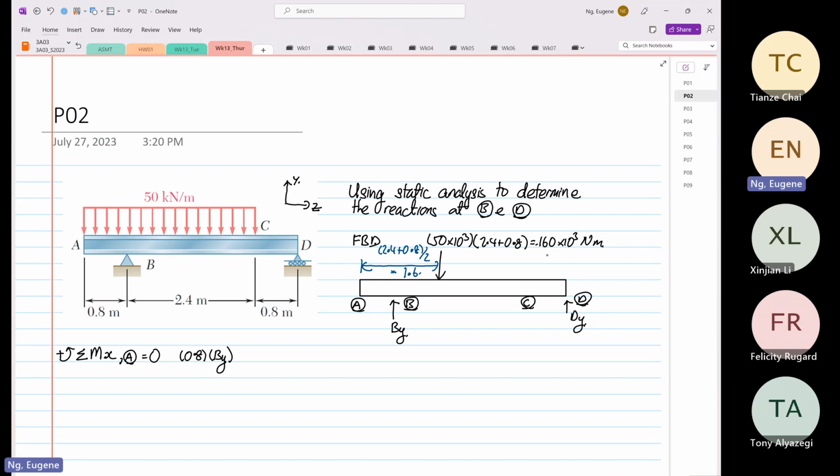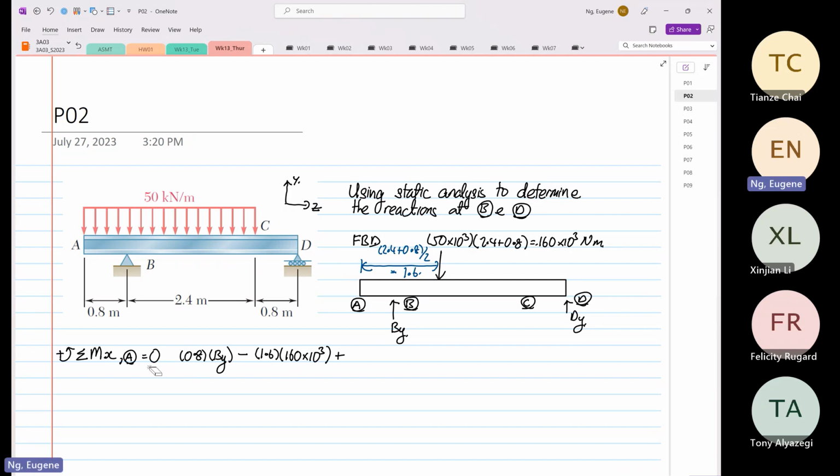Then the evenly distributed load, the equivalent load of 160, is going in a clockwise direction, so it's minus, right? 160, at a distance of 1.6, times 160 times 10 to the power 3, and then we're going to plus